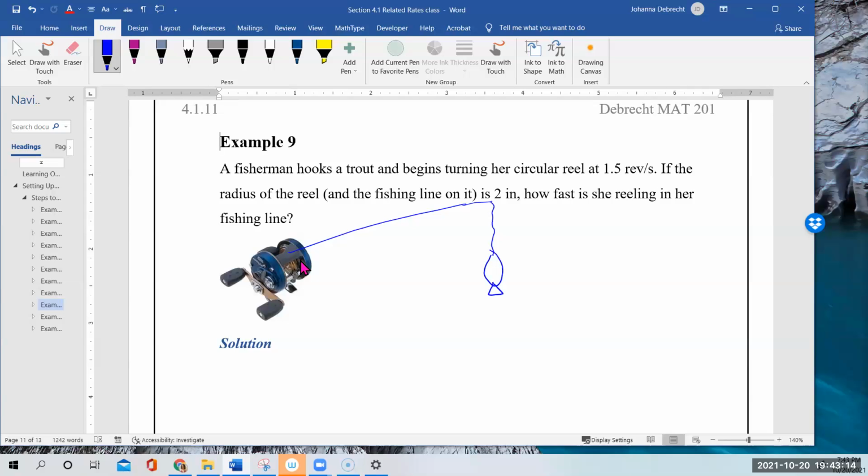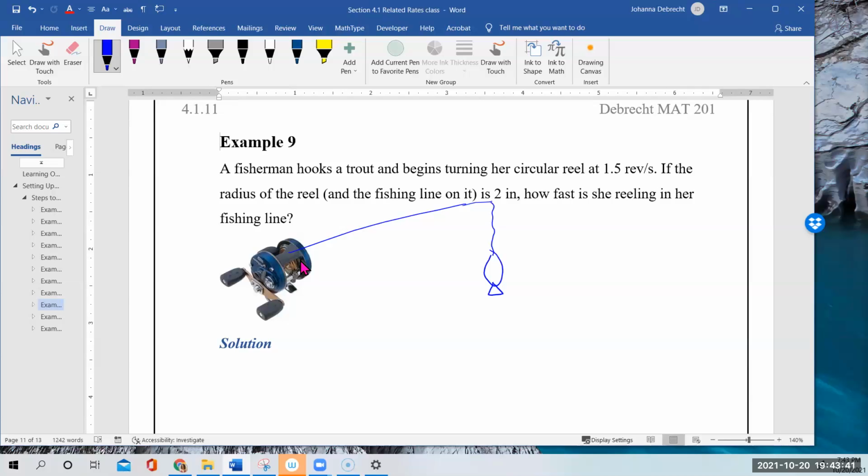As you reel this in by turning it in a circle, it rotates in a circle and winds the fishing wire back in to bring the fish close to the fisherman. So let's now go ahead and read the problem and write down the information we're given. A fisherman hooks a trout, okay, I've got one on the end of my line, and begins turning